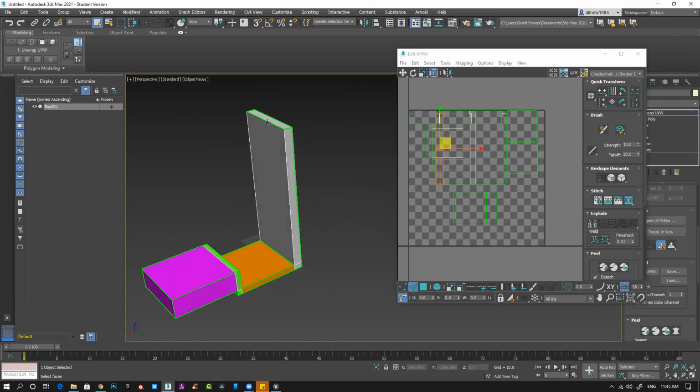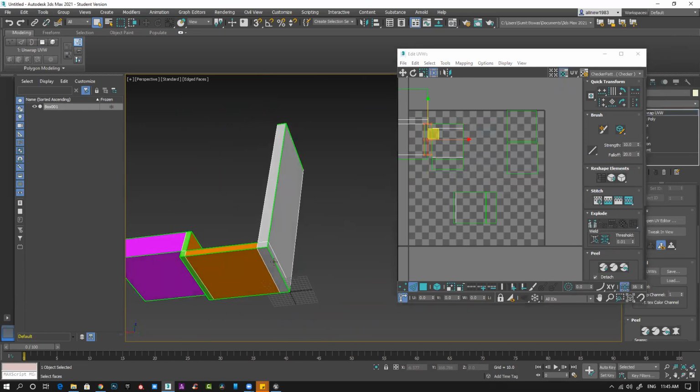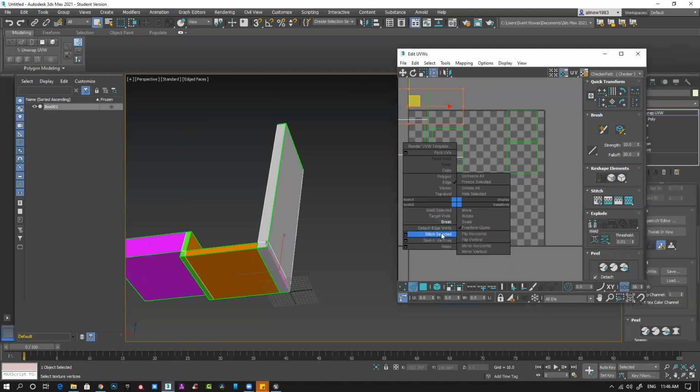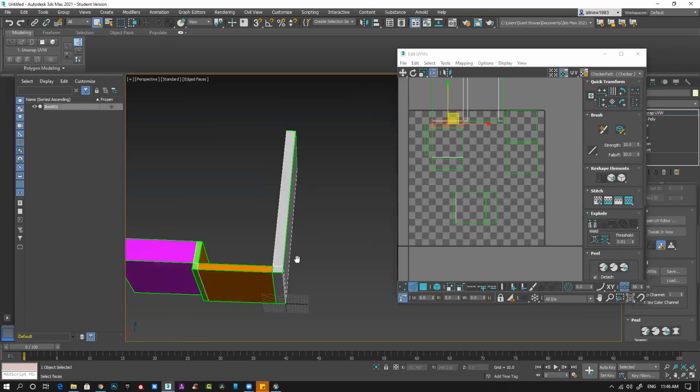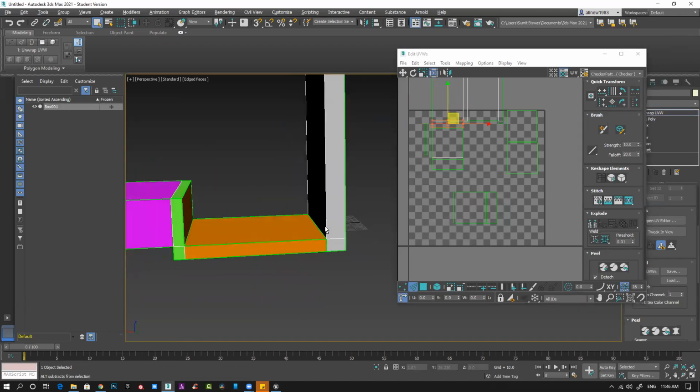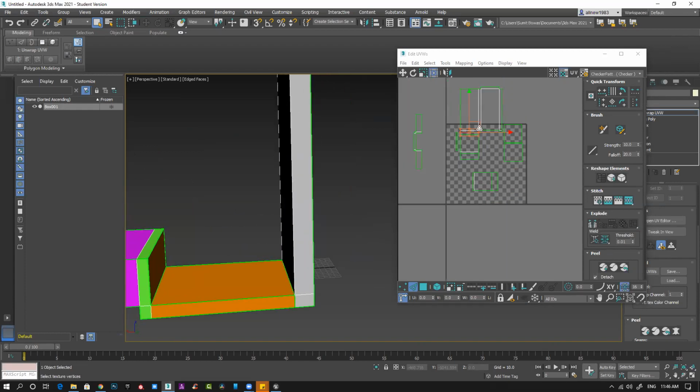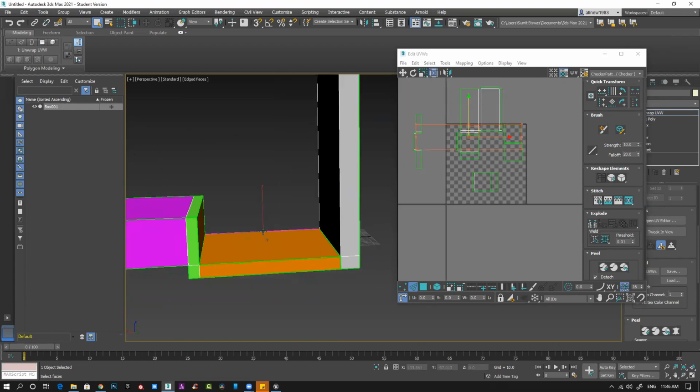That one is fine. This one is fine, and this one I have to break. Right click, break it, and take this. So this entire gray section becomes only one single solid part.